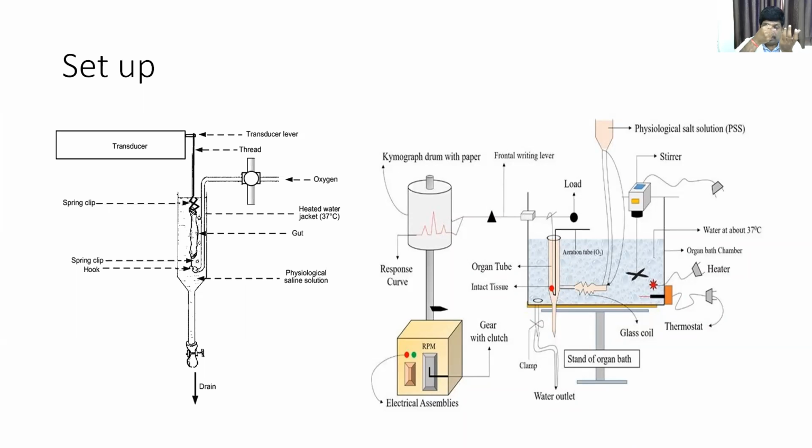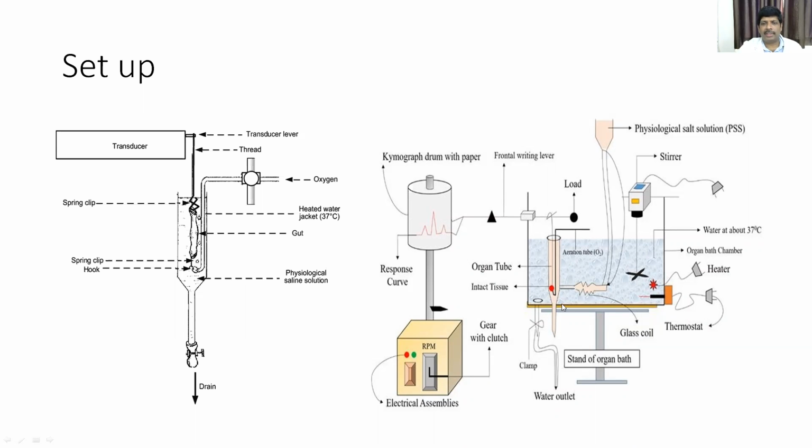If it is pulling fast, then you will get a graph going upward, and then as it is relaxing, it will come down, right? So in that way, you will get a graph. As you get the whole graph, you just stop the drum, and then you open this tube so that the physiological salt solution comes out, and then you close it again and fill this tube again with the physiological salt solution, and then you are ready to go for the next step.